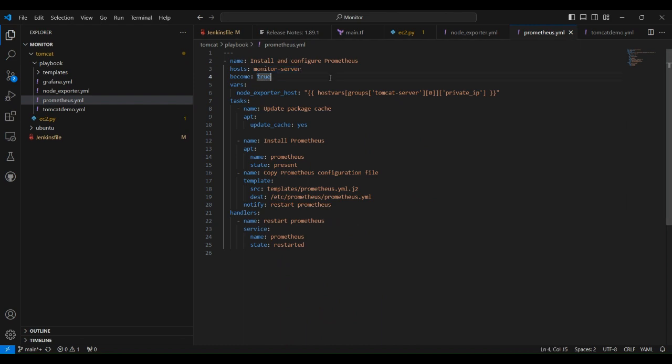Now let's go and understand the Prometheus. Again, we are deploying the Prometheus onto the monitoring server, not the Tomcat server, as a root user. This is important. We are creating a variable node exporter host, which means we will get the node exporter IP. The node exporter is on the Tomcat server, so how can we get its IP address? We want the private IP address, not the public IP address, otherwise it won't work. The private IP address, because these two get connected, since we have already given